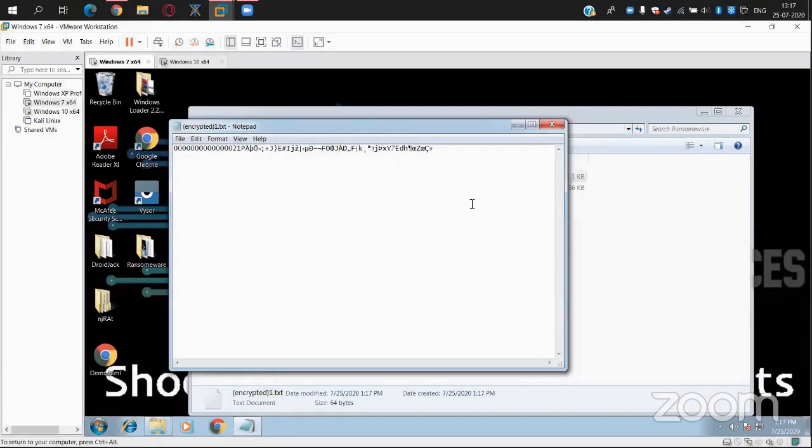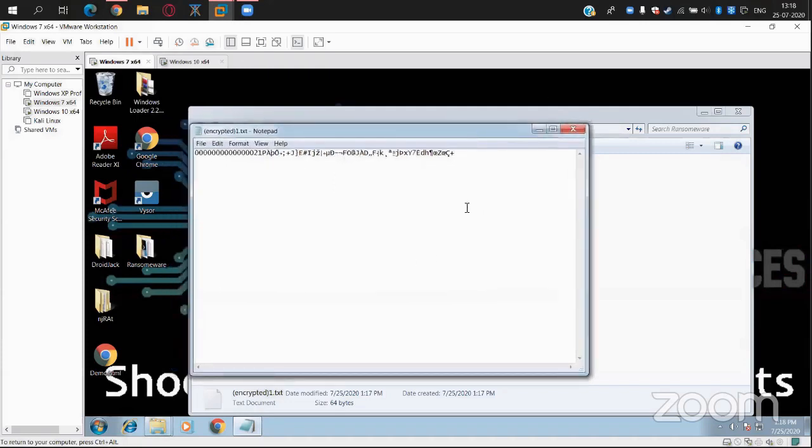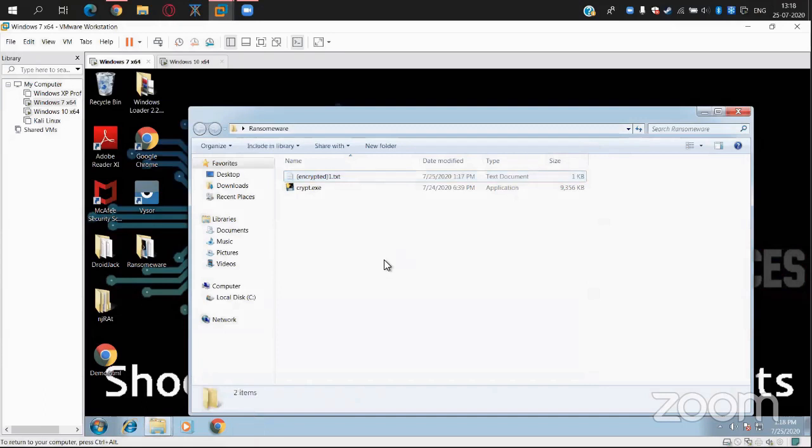Suppose this is an important paper, or the thesis paper of a PhD holder. Suppose it gets locked, he's unable to do anything. And don't take it as only a single text file. It can be big files. It can be a Word file. It can be Excel. It can be anything. It can be your important photos.